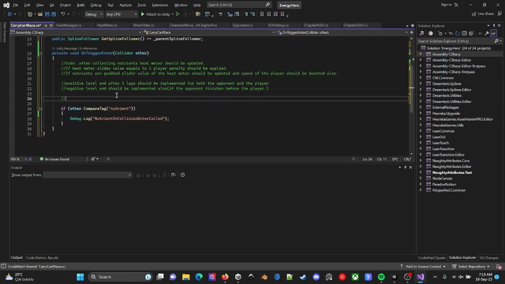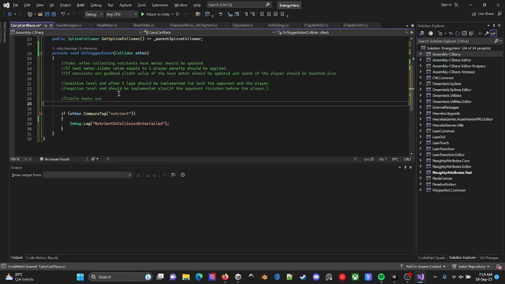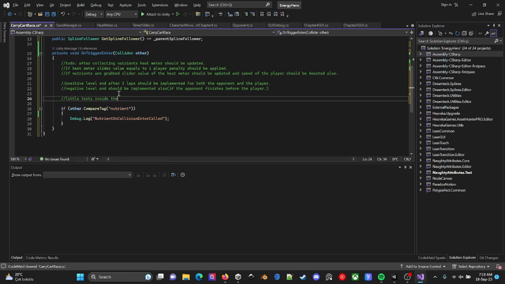For the last thing, little texts in between, inside the chapter should be implemented when player grabs any of the nutrients.